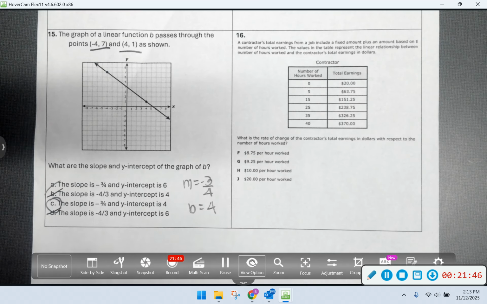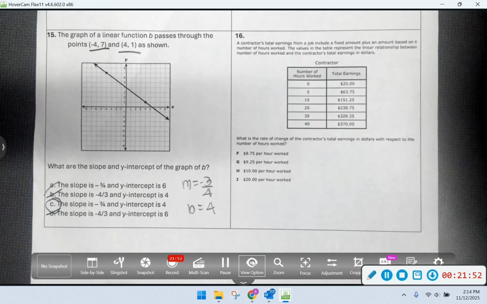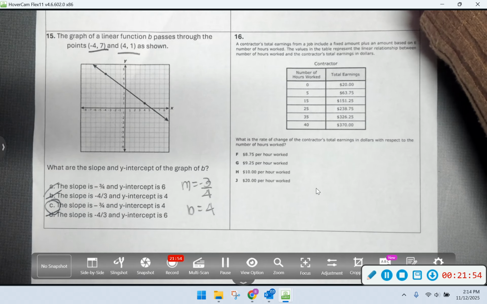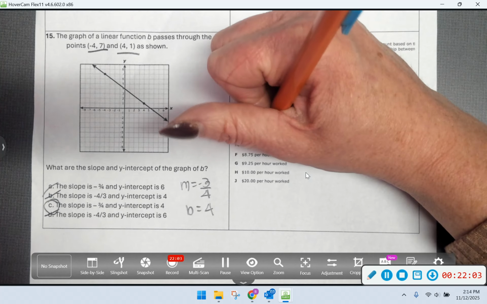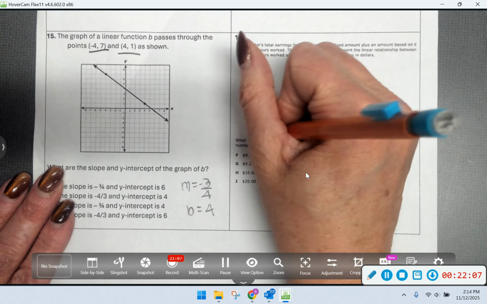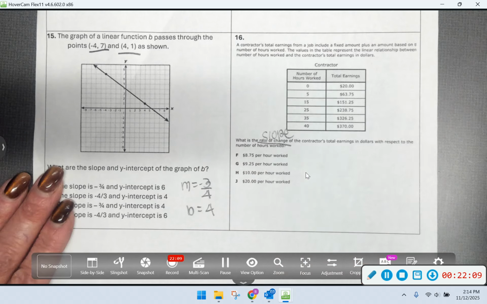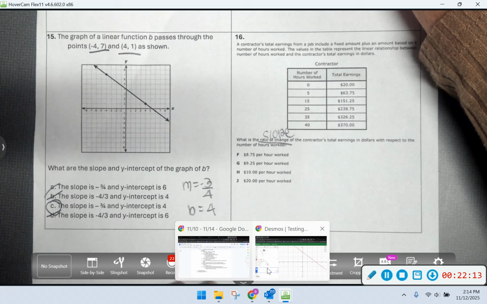All right, last question. Okay, I see a table. We're going to go type that into Desmos, all right? So we're automatically going to go type that into Desmos. But before we do that, we want to know what is the rate of change of the contractor's total earnings in dollars with respect to the number of hours worked. Underline rate of change. Rate of change is going to be our slope. For me to type this in to find our m. So I'm going to go to Desmos,